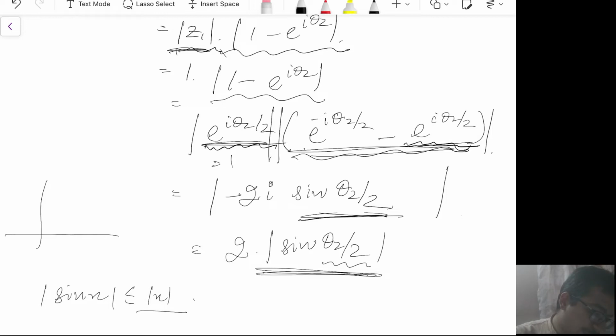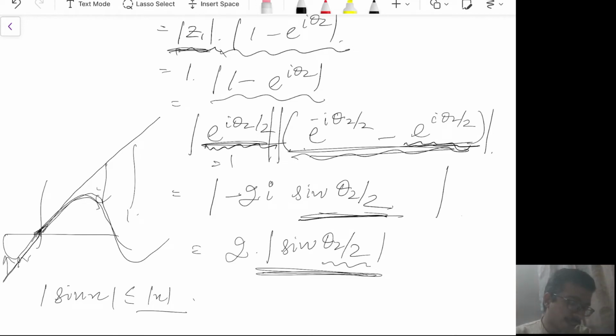So you can see from the figure of sine x also that the mod value of sine x, the positive part of sine x, always lies below x, and the negative part is always greater than or equal to minus x. So if you compute mod sine x, which will have the positive part only, then it will be less than or equal to mod x. So essentially, what we have done is that